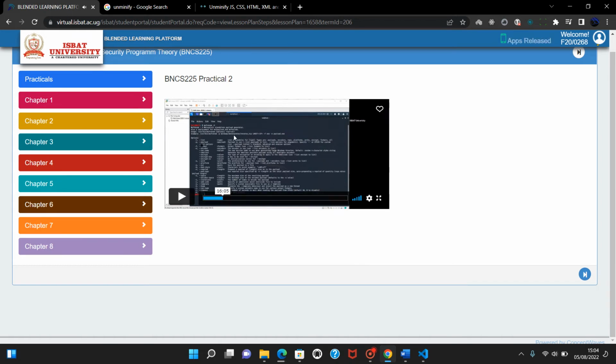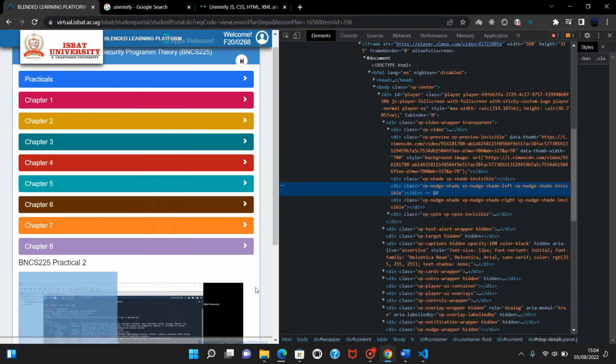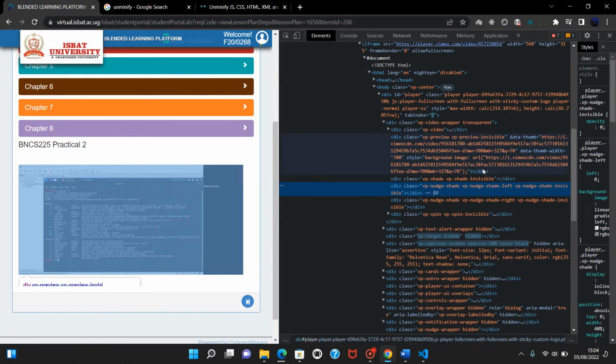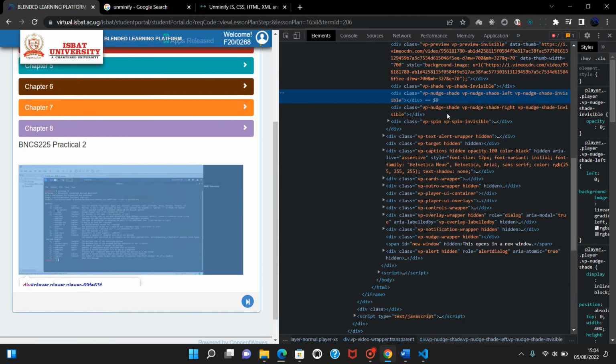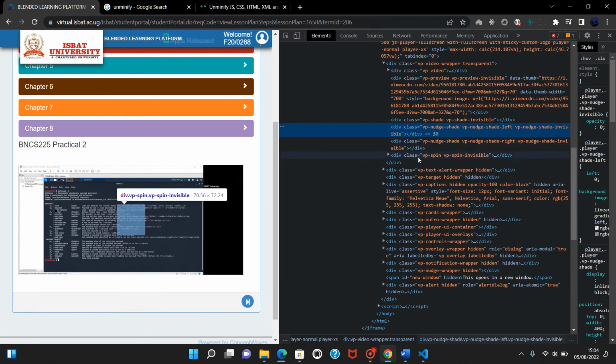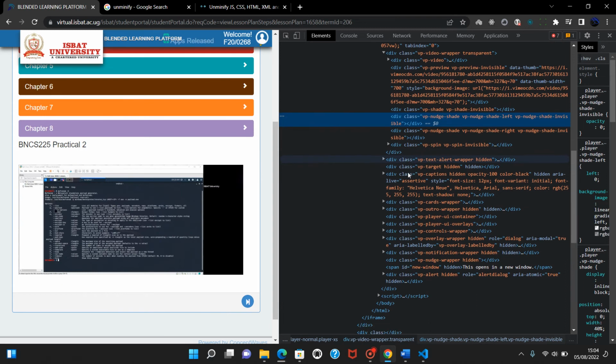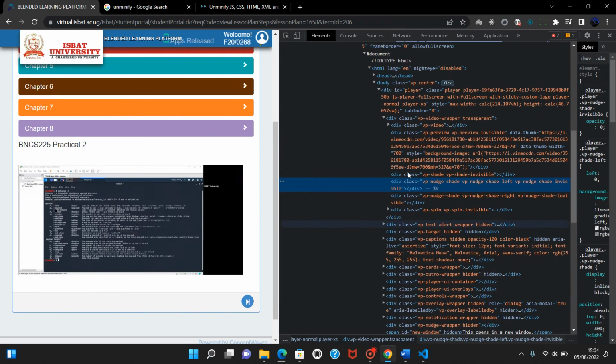So what we're going to do is right click on this video and inspect it. This will pop up. So you see when we hover over this div, it gives us half of the video. So we need to find a div that will cover everything, like this div right here. But if you check